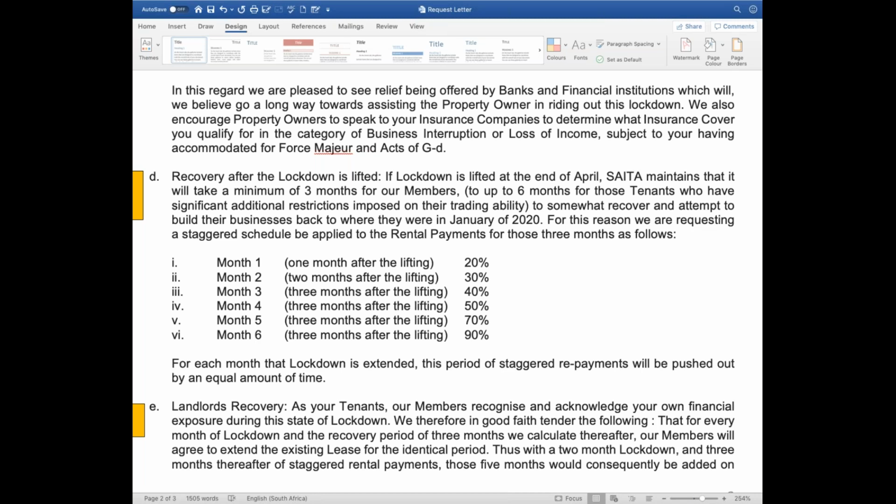I was just on something else on that schedule where you've got month 1, 2, 3, 4, 5, 6. At month 4, shouldn't it be 4 months and then 5 months and 6 months? Yeah, no, I just haven't changed those things yet. I've just been making the changes as you've been speaking. So yes, absolutely. But the real question is, do you want to put in percentages or something else?